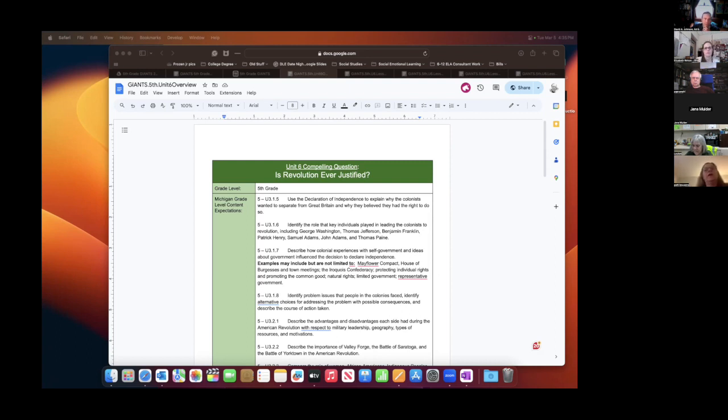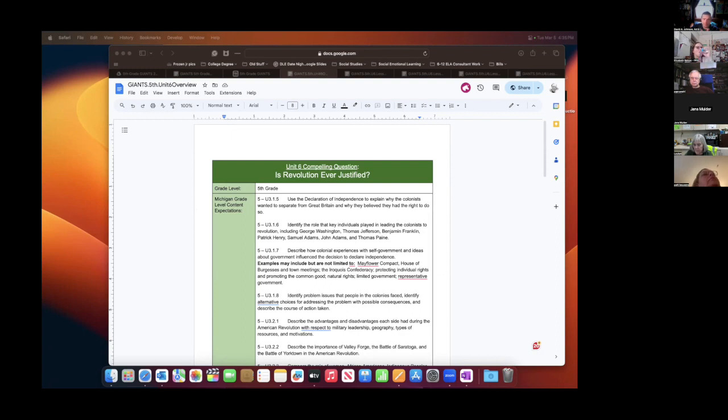Over those intervening years from what was covered in seventh grade. So, in short, this is a great question to center a unit around because it can be revisited time and time again. But students will get their first taste of this in fifth grade with this particular unit specifically. So that makes this a really important question to introduce and talk out with kids before you even begin to